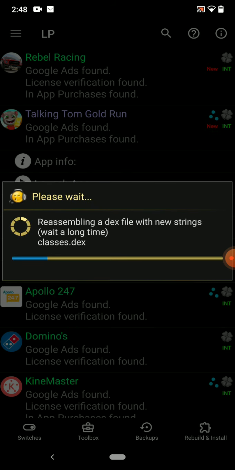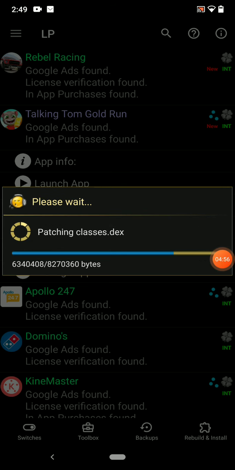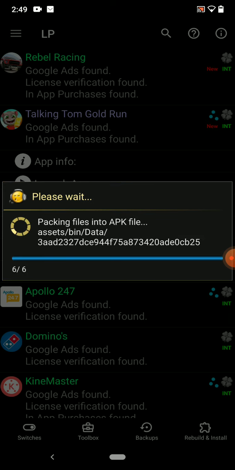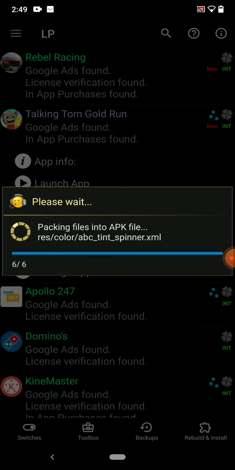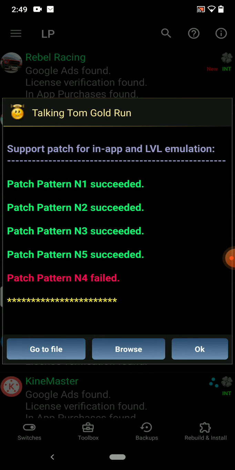It may take some time to do this hack. Make sure that all succeed. If 1 and 2 do not succeed, also no problem.